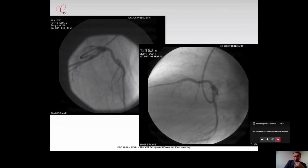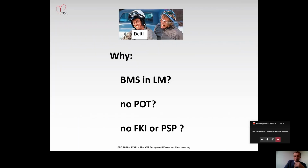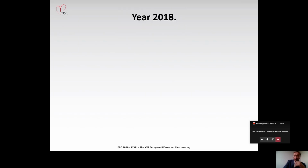And you are probably asking yourself these questions: why a bare metal stent in the left main? Why no POT? And probably 80 or let's say 50% of you are asking yourself, why not final kissing balloon inflation or POT, side POT in this provisional stenting of the left main? But despite everything, the patient was very good and totally asymptomatic, with a very physically active lifestyle, very satisfied with his life till